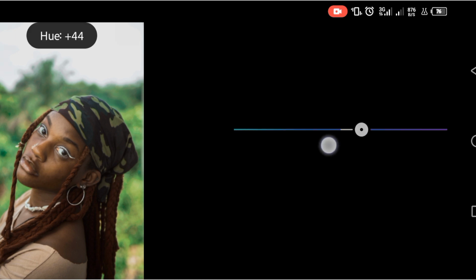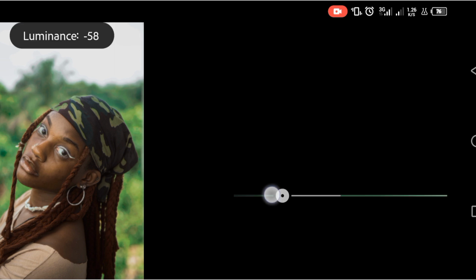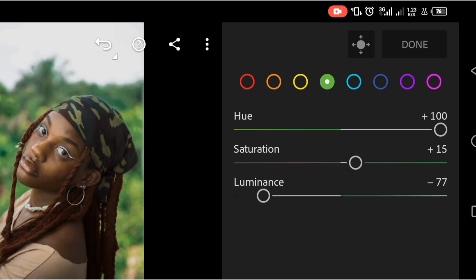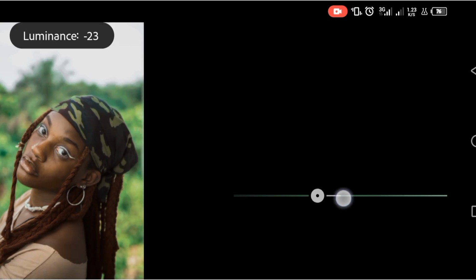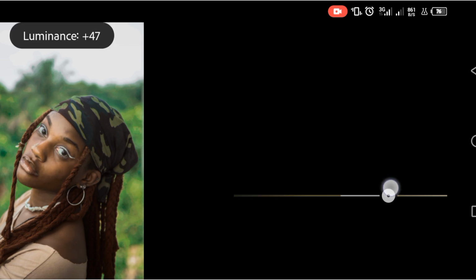Then the purple. There's no purple present in the image, so there's no need to adjust the purple. So all the basic colors we need to adjust here are just the yellow, the orange, the green, and I think the cyan for the sky. I am also adjusting the luminance of the green